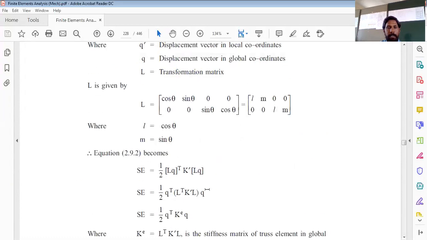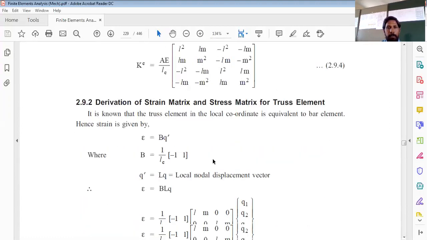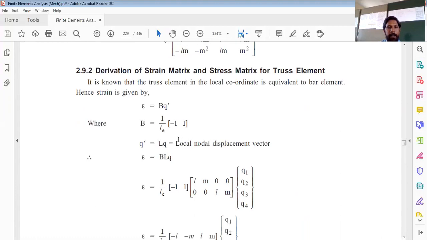So in the previous class, there is a slight correction. The transformation matrix L is equals to cos theta, sine theta, 0, 0, 0, 0, sine theta, cos theta. So here it is not the sine but it is cos theta sine theta, or it is Lm 0 0, 0 0 Lm. So to continue with this, let us have the strain displacement matrix, strain matrix and stress matrix